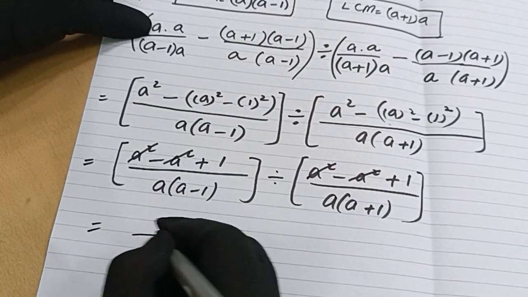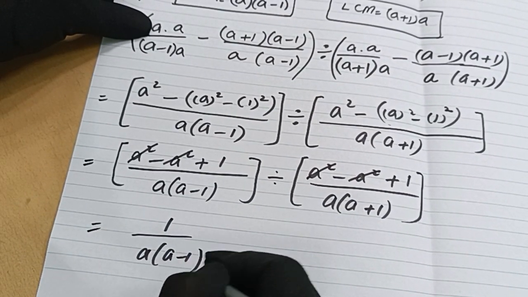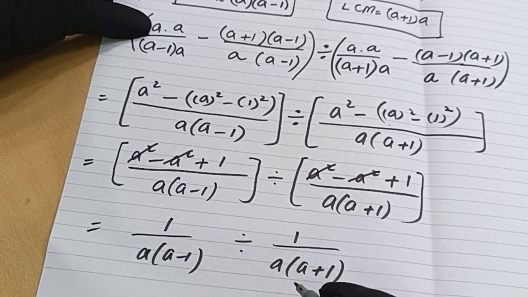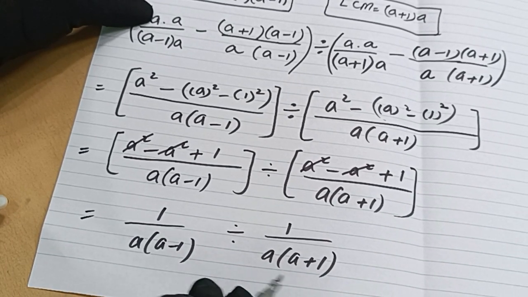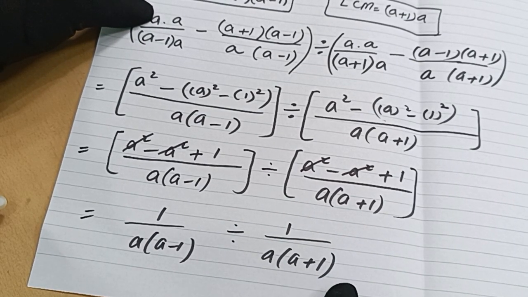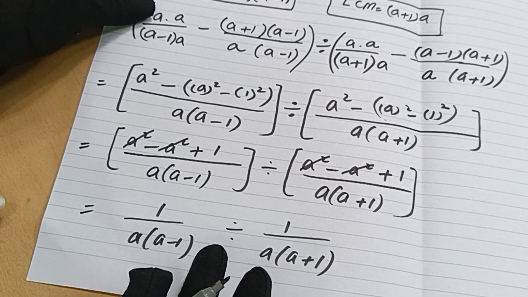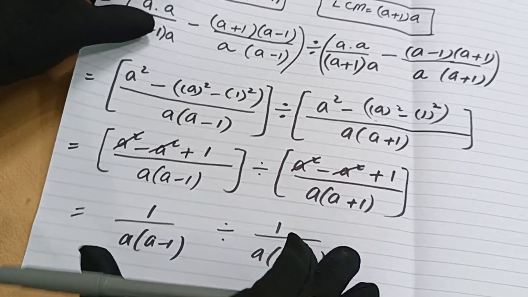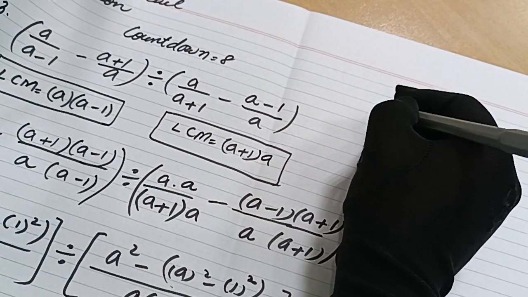Now what is left? 1 over A times A minus 1 divided by 1 over A times A plus 1. Now our brackets are finished because this fraction is completely simplified. This fraction also is completely simplified. At this step we can change the division sign into multiplication and solve these two together. Okay. So writing them here,